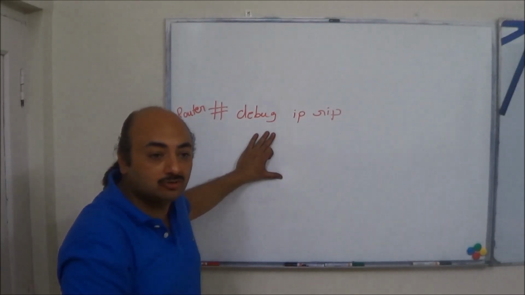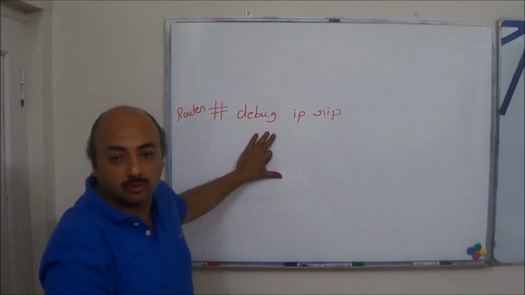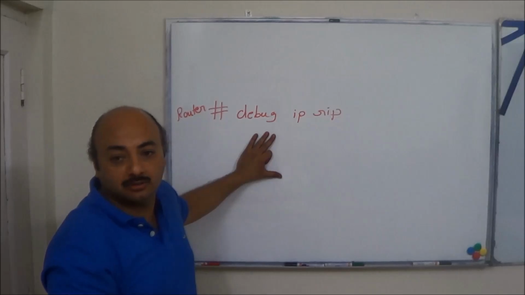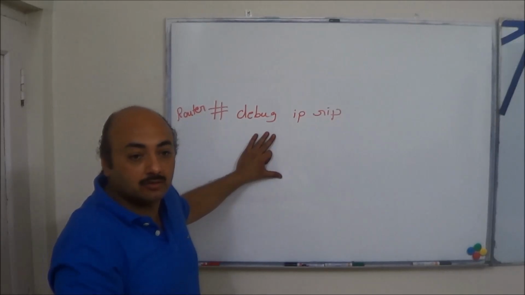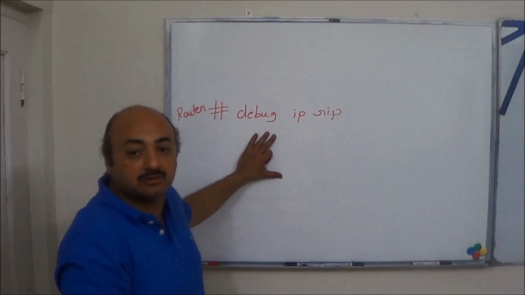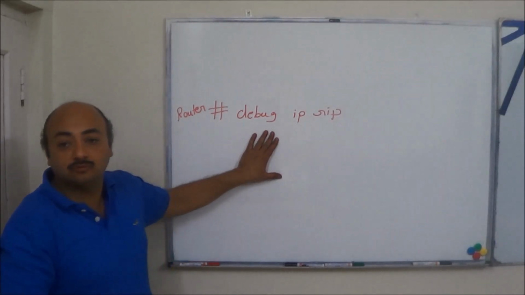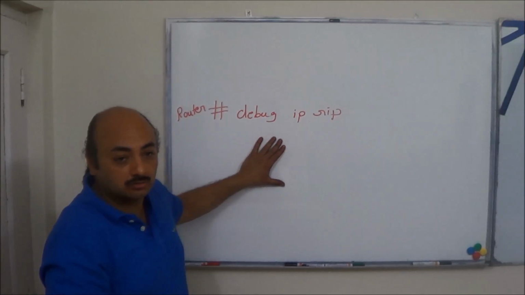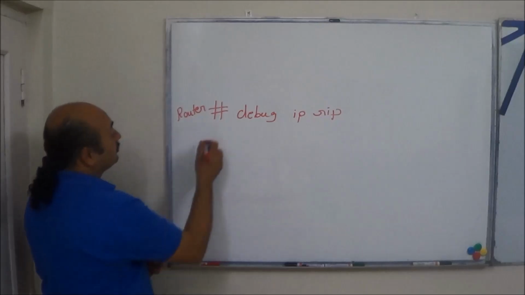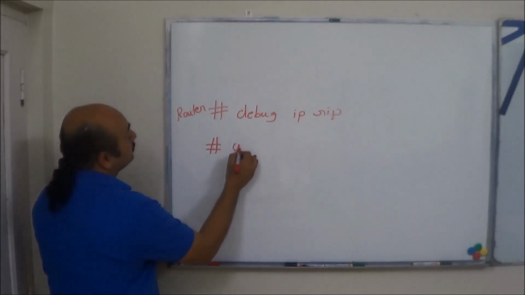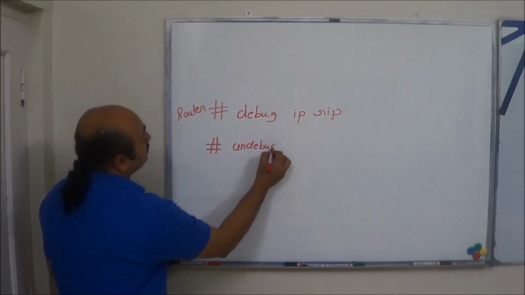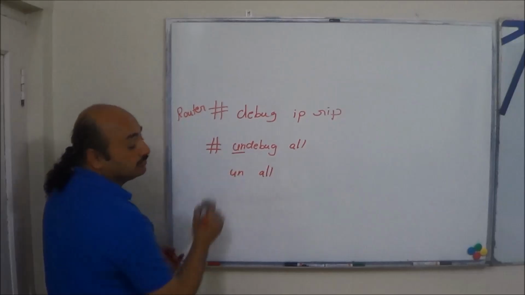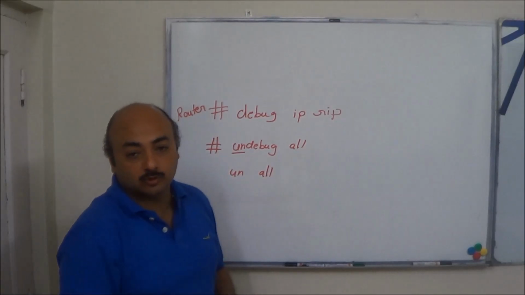We are familiar with issuing the commands show IP route, show IP protocols, and show running configuration, which show what is appearing in the foreground. But in the background, whether it is receiving an update or sending an update, this command will start giving you that. This is where you start getting it. And to stop it, what do you do? Undebug all, or undebug all, because un is unique here. Okay, so we'll try that also.